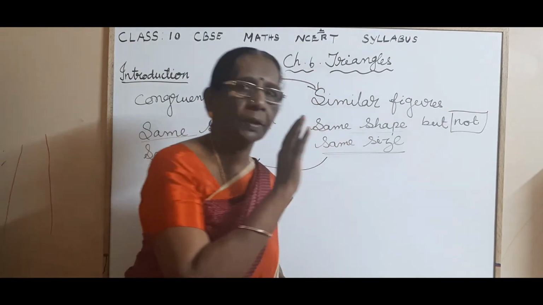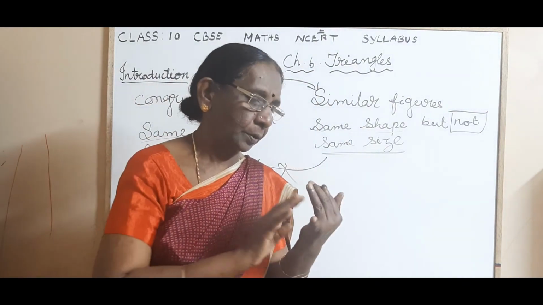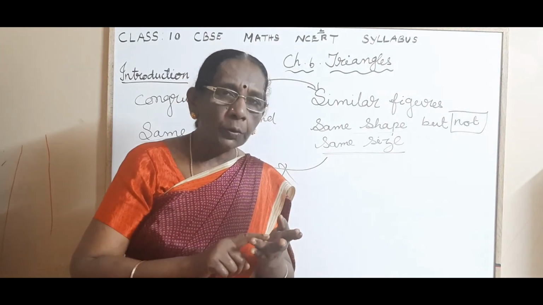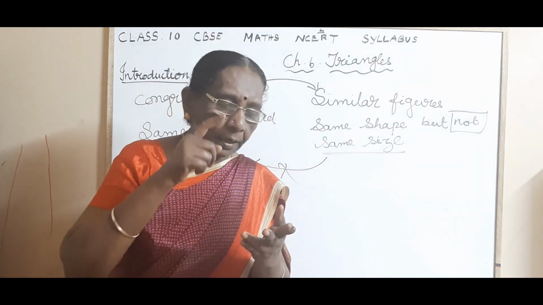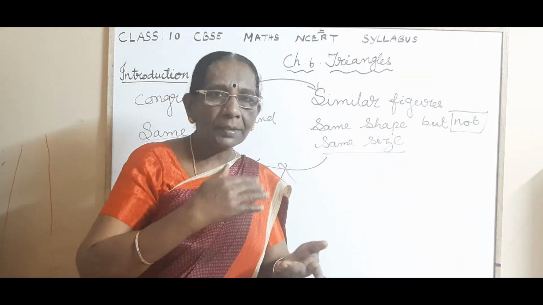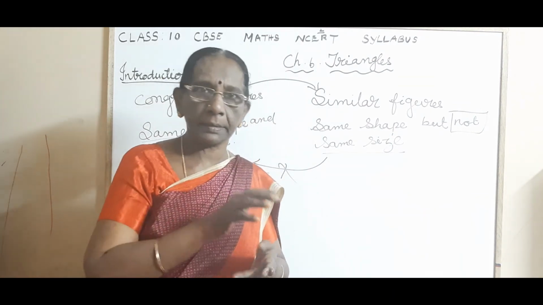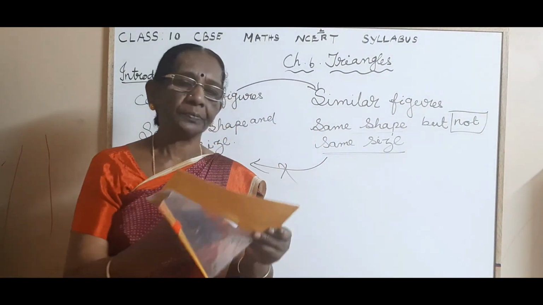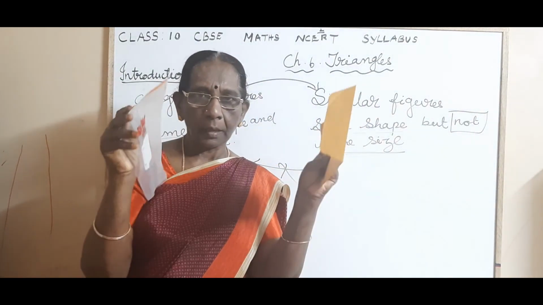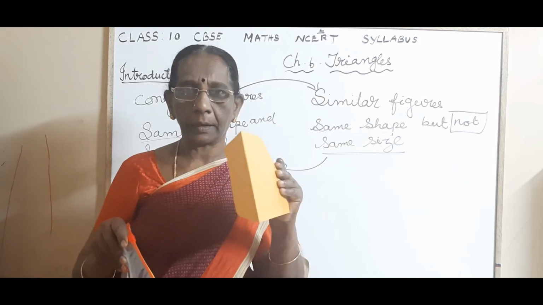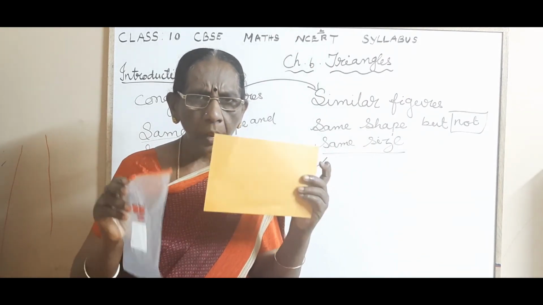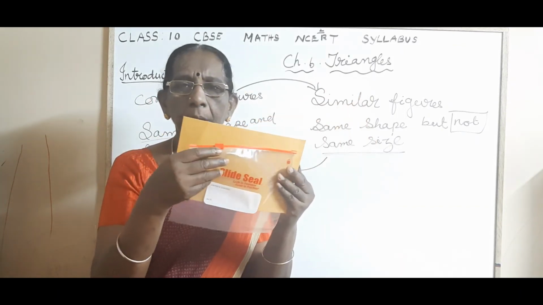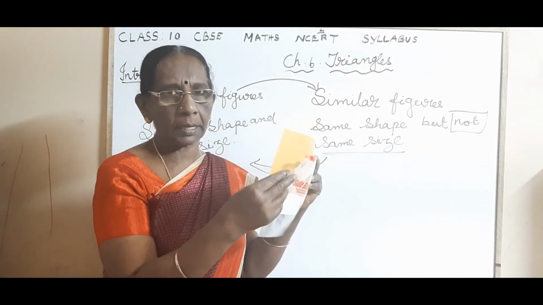So, first point we have recalled about congruent figures. Then I have introduced you to the similar figures. Then you have studied the relation between the congruent figures and the similar figures. Now, let us move to the next one. See these two figures. This is a rectangle and this is a rectangle. Isn't it, children? They are not congruent. Because if you superimpose one on the other, they are not exactly coinciding.